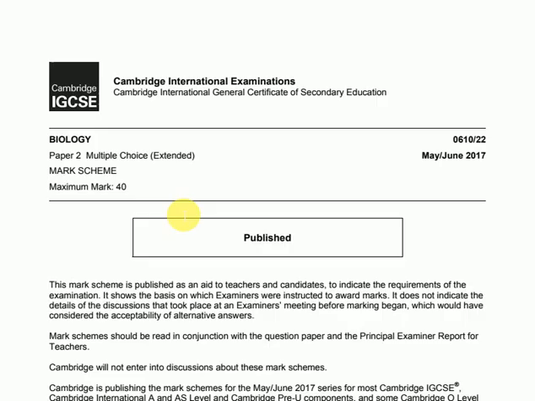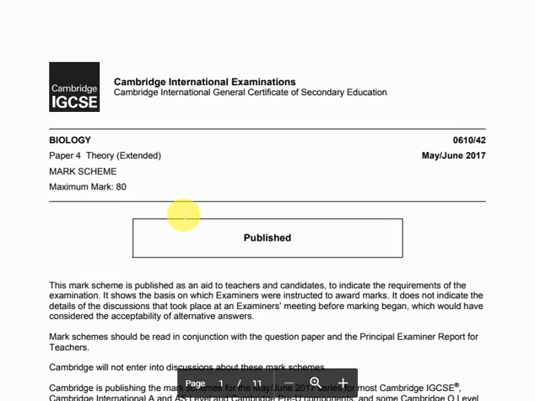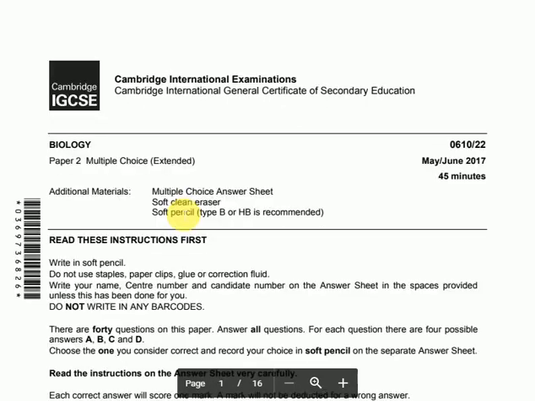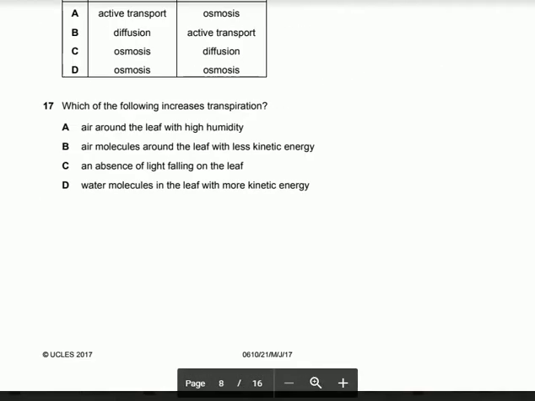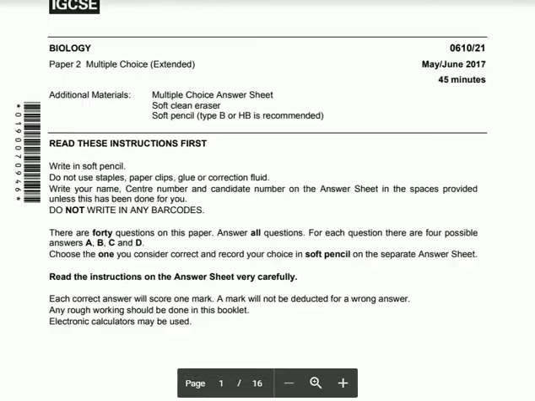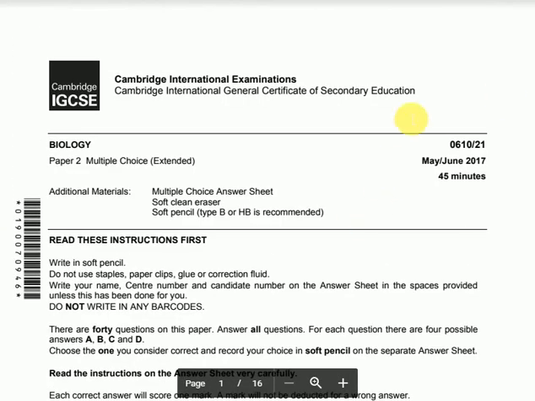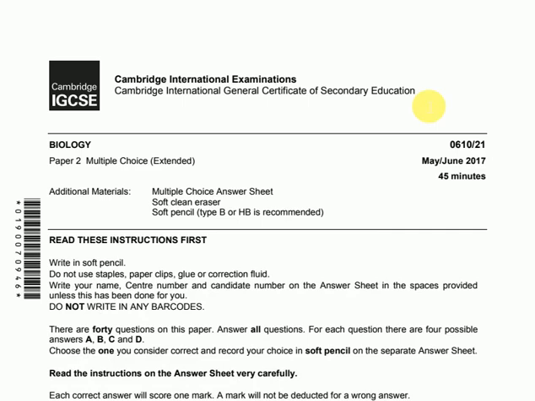Okay, guys. That brings us to the end of this wonderful paper which we did. This paper was actually pretty interesting, if you ask me. I really like this paper. If you had any doubts in this paper, or if you have any doubts in another paper, we'll be doing 22 and 23 probably tomorrow. You can watch that video tomorrow or probably this evening if I get free.